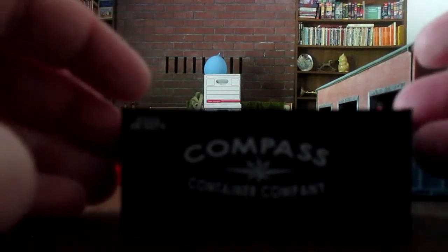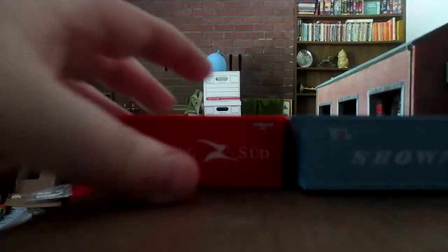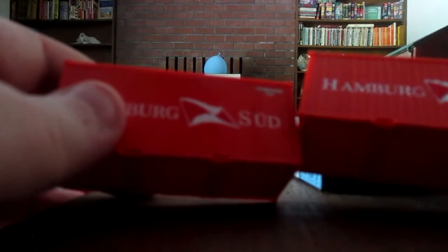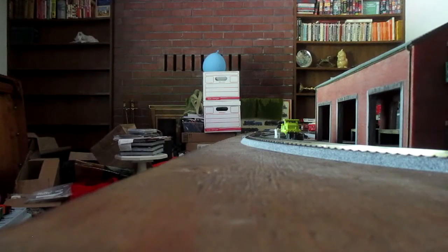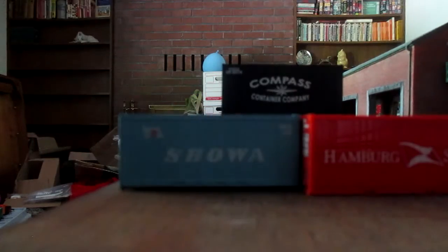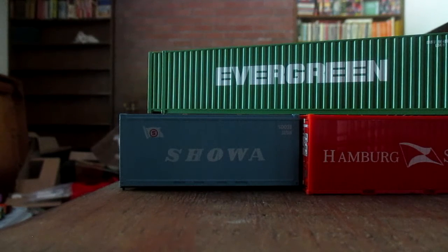So first we have this Compass Container Company's dark blue container. We have these two Hamburg Sud containers. A little Showa light blue, Estates Marines Lines container. And a regular Genstar container. Which, okay, I mean, I'm not going to complain. Containers are containers, and small containers, I feel like they're going to have a lot more charm and character than, say,